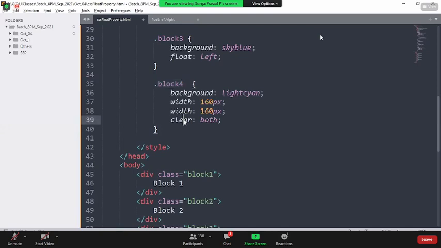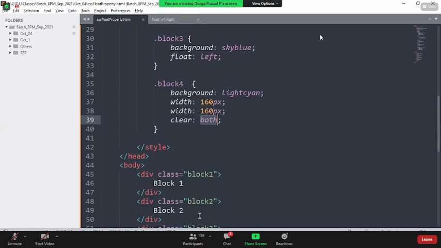Clear is a CSS property which takes 3 values: left, right, or both. Left indicates that if my previous element is following the left direction, I am telling myself not to follow the left direction, but to follow my own default. If my previous element is right, I'm telling myself not to follow the previous element's right direction, and to render here. So every time, like changing between left and right, make a habit of putting clear both. It doesn't matter whether it is left or right, you clear it out. You follow your own default rendering order.